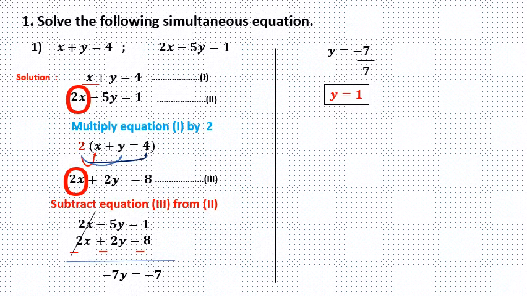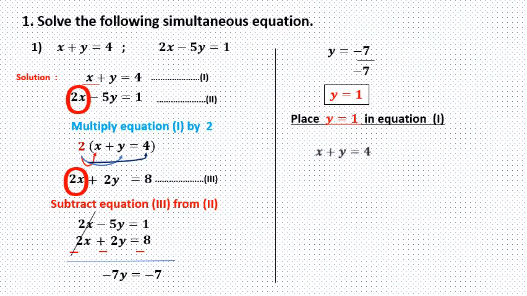Now we have to find the value of the second variable, that is x. So how to find the value of the second variable? Yes, we have to put the value of y in equation number 1, 2 or 3. You can choose any one equation, but I told you before, always prefer the equation which is more simple. If you observe all three equations, equation number 1 is simpler as compared to 2 and 3. So place y equal to 1 in equation number 1.